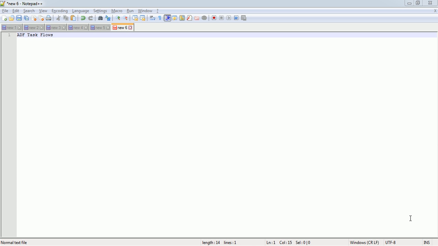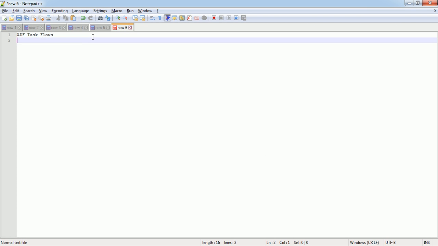Hi all. Today we are going to discuss ADF task flows. So what is the ADF task flow? ADF task flow provides the GUI based navigation model to the ADF web pages. Till now we have developed only single web pages. So now we will discuss how we will incorporate multiple pages into a single application and define the navigation between them. So to define the navigation between the web pages, we will use ADF task flows to